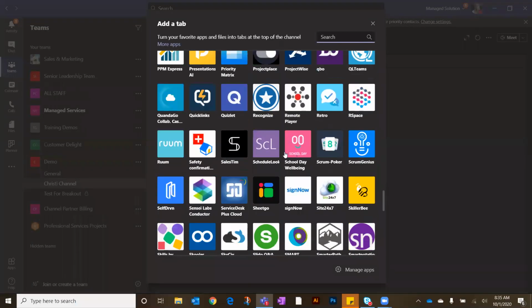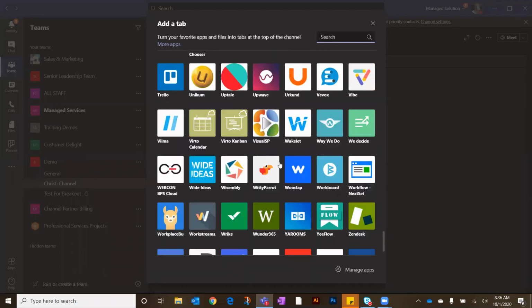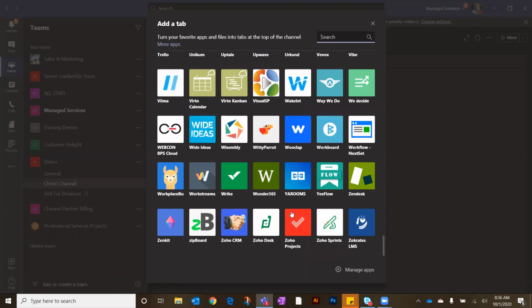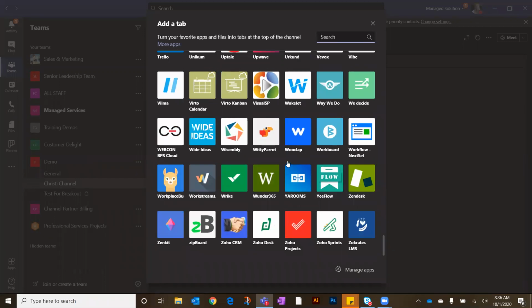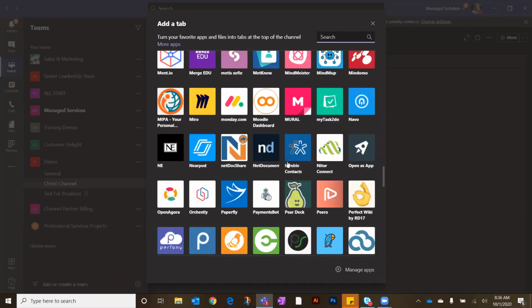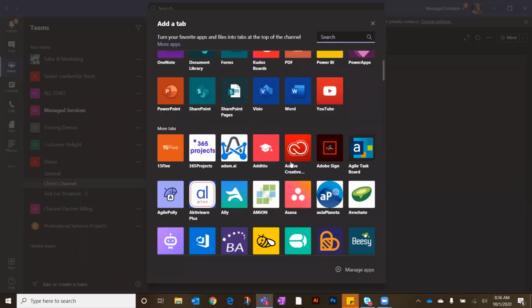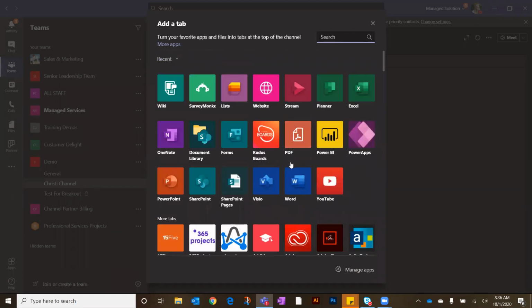And right now, gosh, I think when we started doing these trainings early 2020, there was like 75, and now there's hundreds. So they're continuing to add them, you know, from storage to project management tools to collaboration tools. It makes it so much easier to really have everything in one place. So let's start by looking at the native tools of Office 365 and what that might look like for